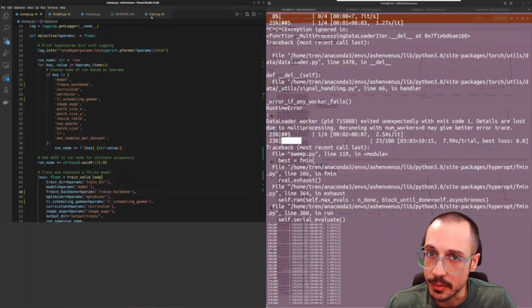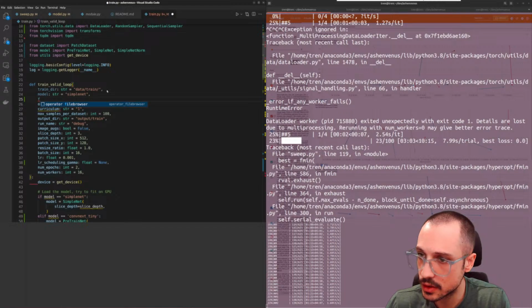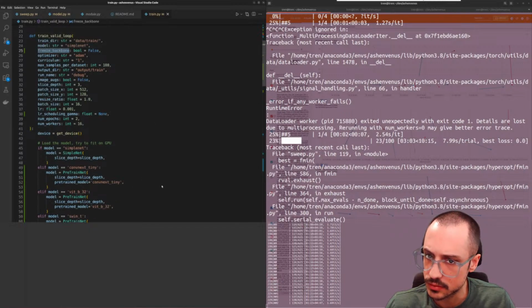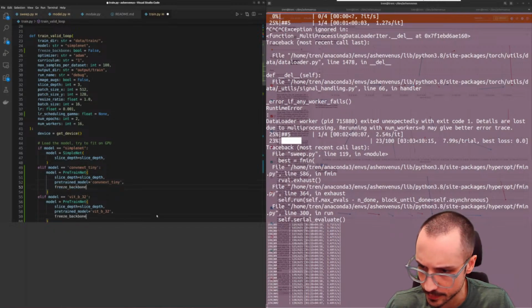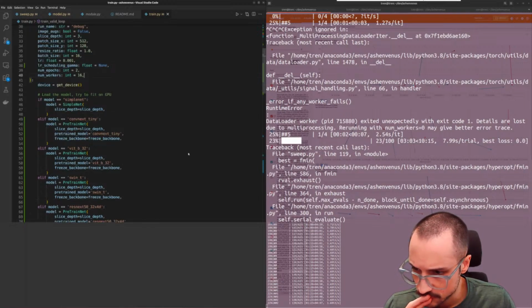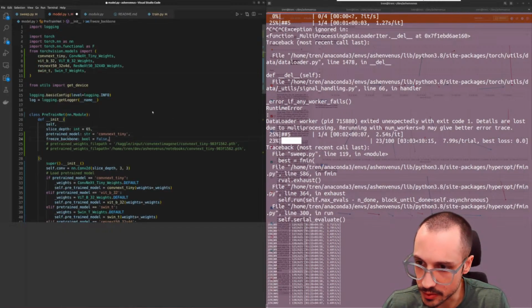Add the freeze backbone parameter. Freeze backbone equals backbone. And here, if we get a freeze backbone of false,